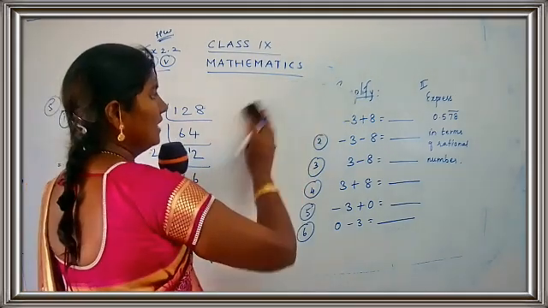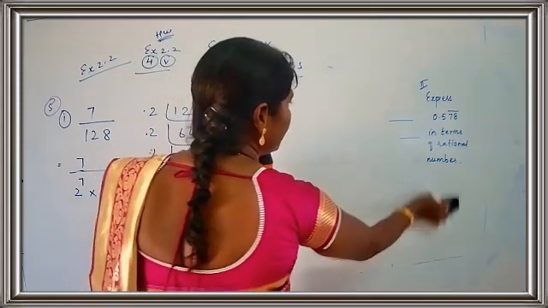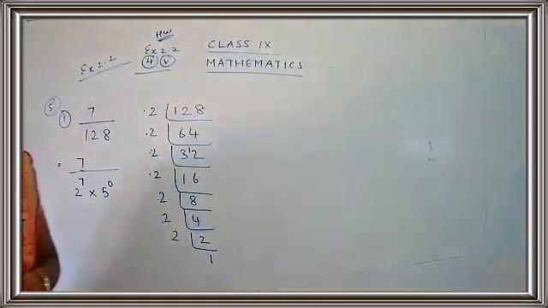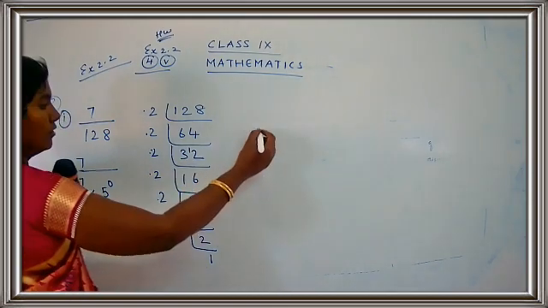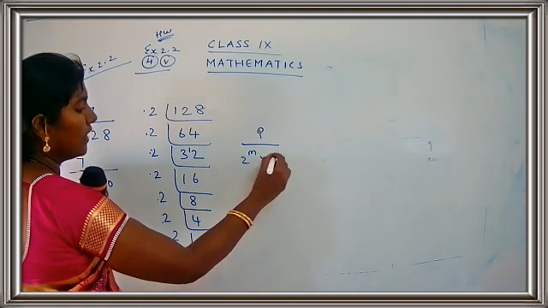Now for that you have to refer to page number 51. Take page 51. Okay, have you taken page 51, children? Can you see a box over there? Below the note, you have a box. If a rational number p upon q, q not equal to 0, can be expressed in the form p upon 2 raised to m into 5 raised to n.